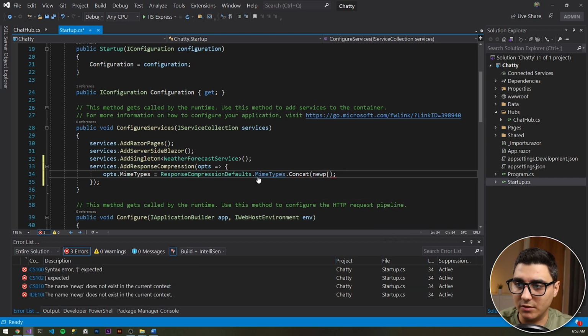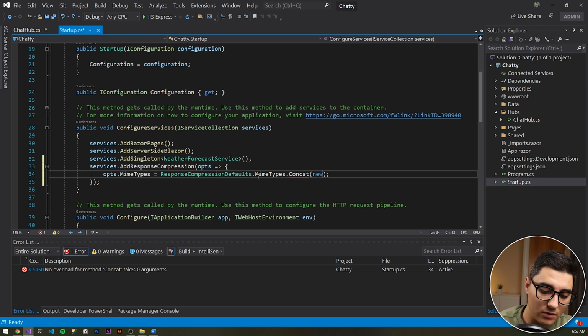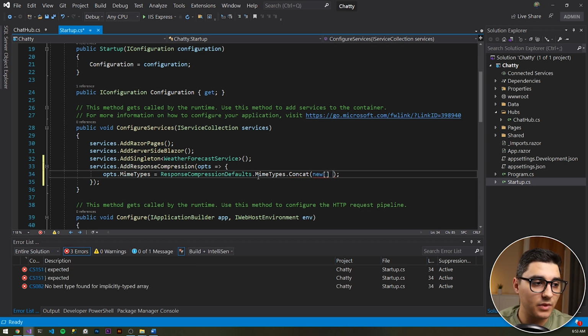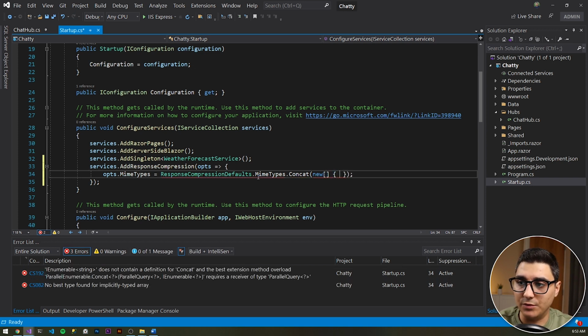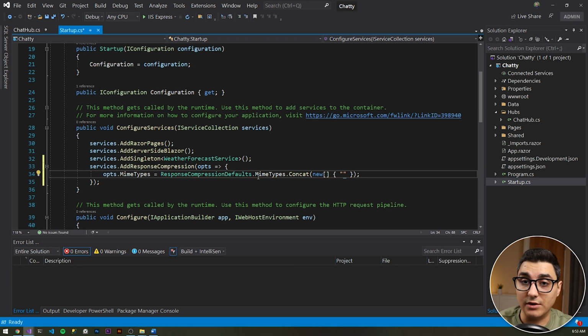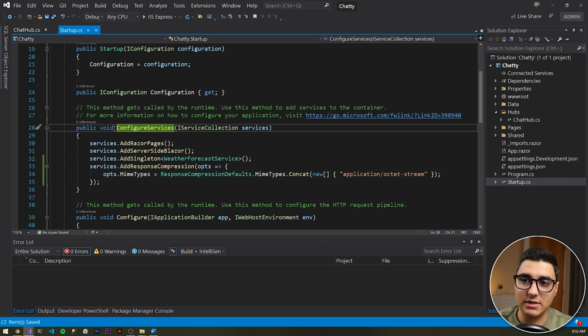Oops. So a new array, and then in here we're going to do a string in curly braces: application/octet-stream. Okay, so to recap this step really quick, what we did is went into Startup.cs, ConfigureServices, and we